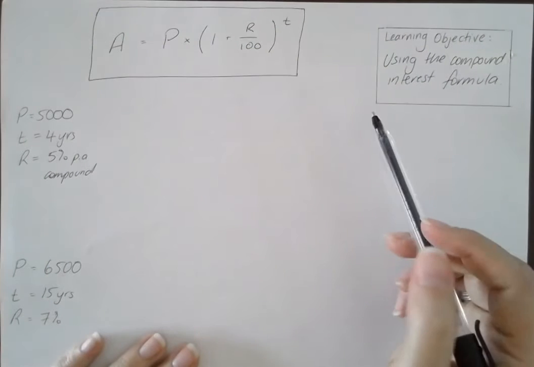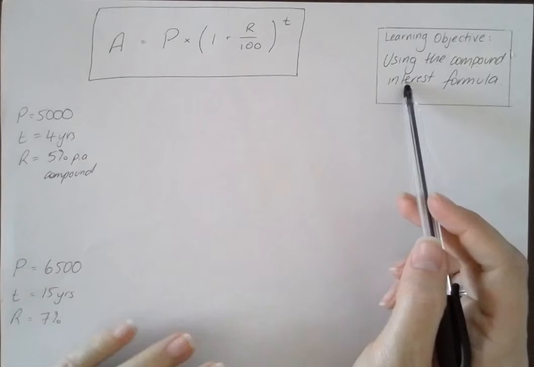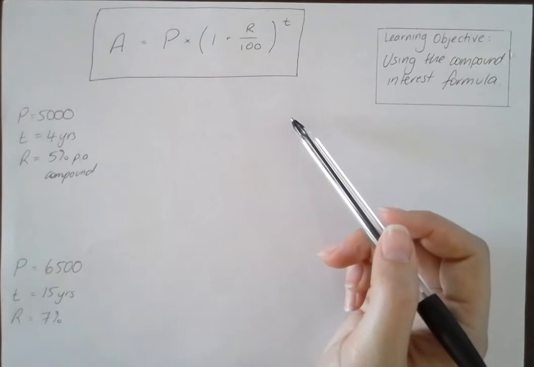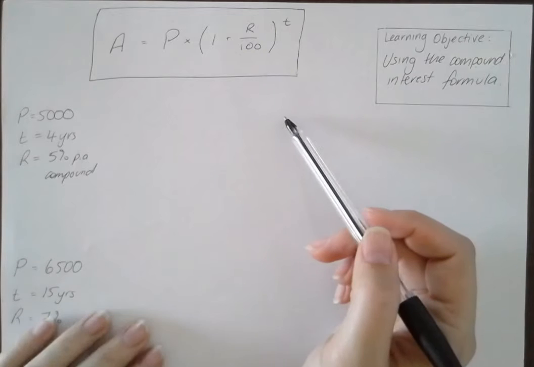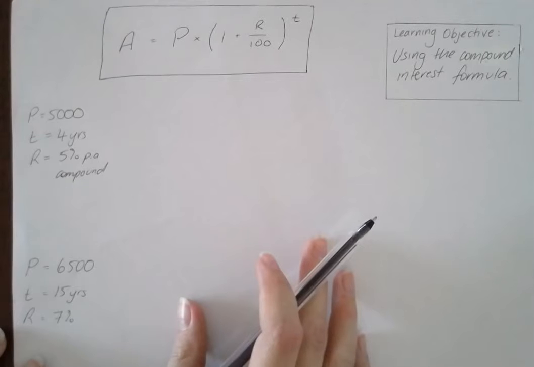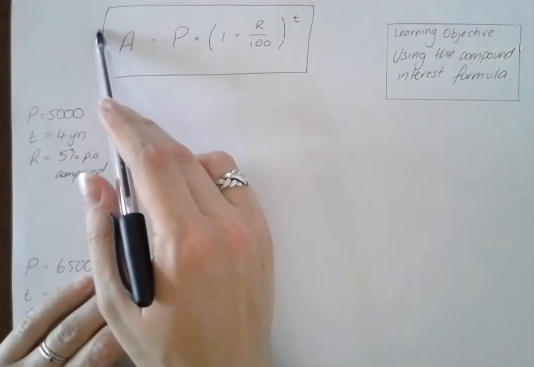Okay, in this lesson we are using a compound interest formula this time, and you can see that this formula is a little bit more confusing than our simple interest one, but what it saves us is a lot of time, because if we had to do a table for, say, this example down here where we have 15 years worth of compounding interest, it might take a bit too long, so we need to go nice and quickly with